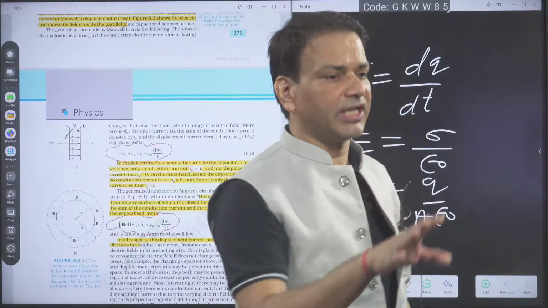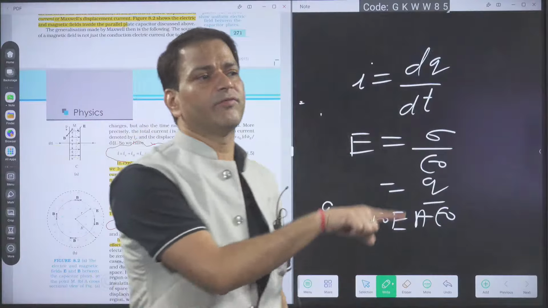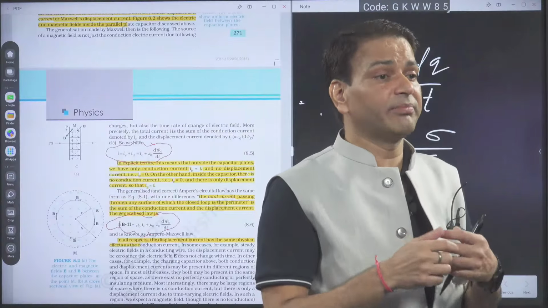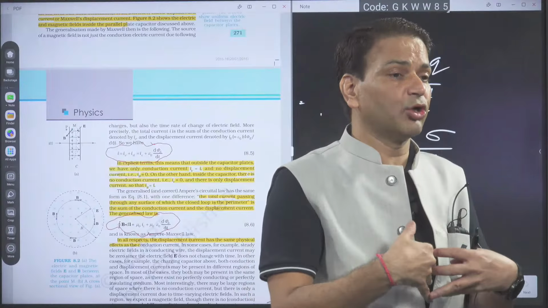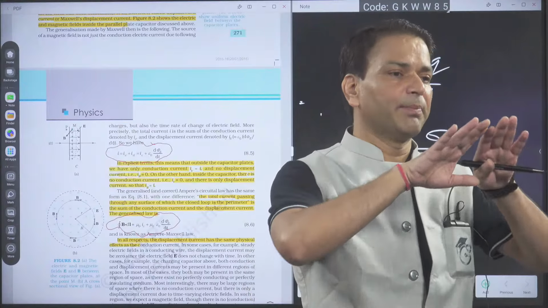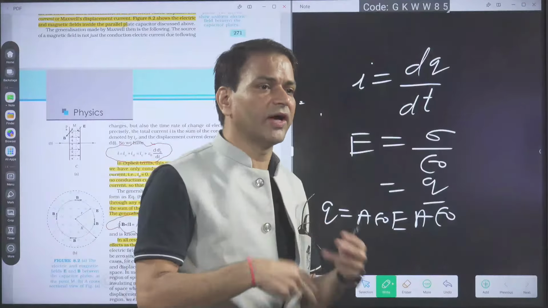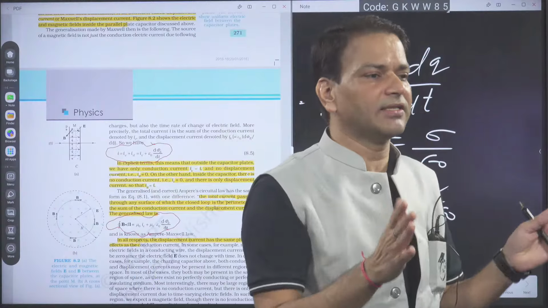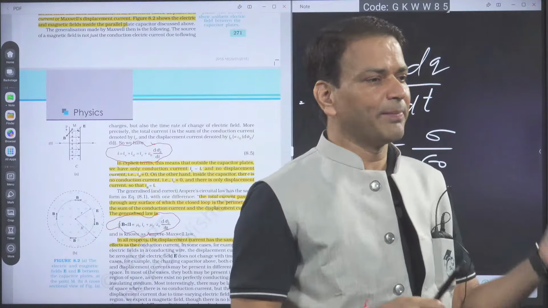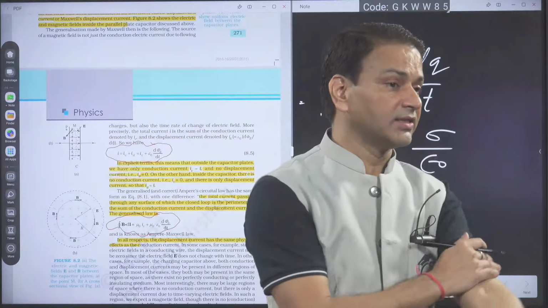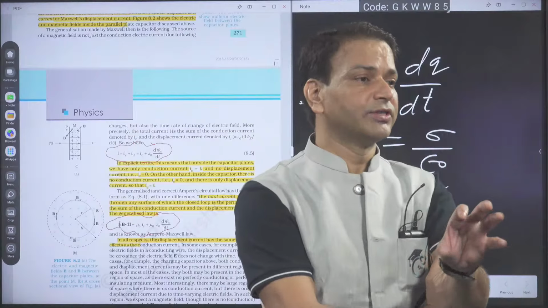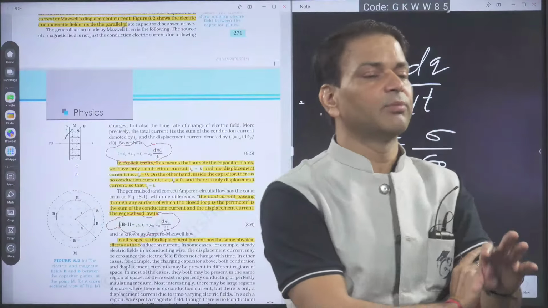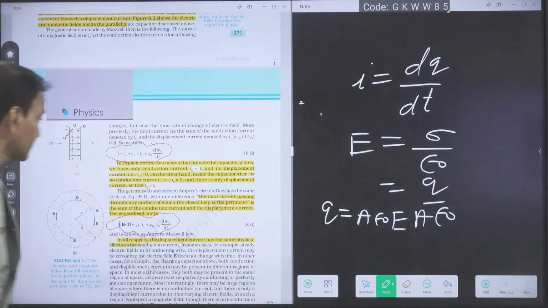When the capacitor gets fully charged, no current will flow through the connecting wire. Then IC becomes 0, ID becomes 0. ID becoming 0 doesn't mean that the electric field becomes 0. It means the electric field becomes constant. Why? The capacitor got fully charged. So as long as the electric field is varying, there will be the displacement current. When the electric field becomes constant, meaning the capacitor is fully charged, the displacement current becomes 0. That's why you have learned in current electricity that a fully charged capacitor behaves like an open circuit, meaning it will not allow the current. It means conduction current and displacement current both will be 0.